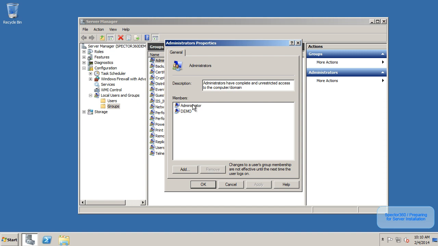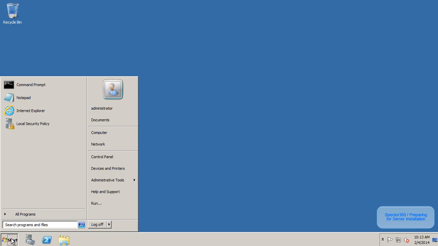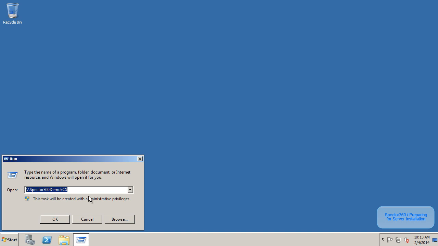You can select that and look at the members of that group. See if your account or your domain account is a member of the local admin group. That ensures that you have the appropriate credentials on the machine to install Spectre 360. Next, you want to reach out to one of the client machines and test that you have administrative rights on those machines as well. You can do this by typing the path of the machine name and the administrative share